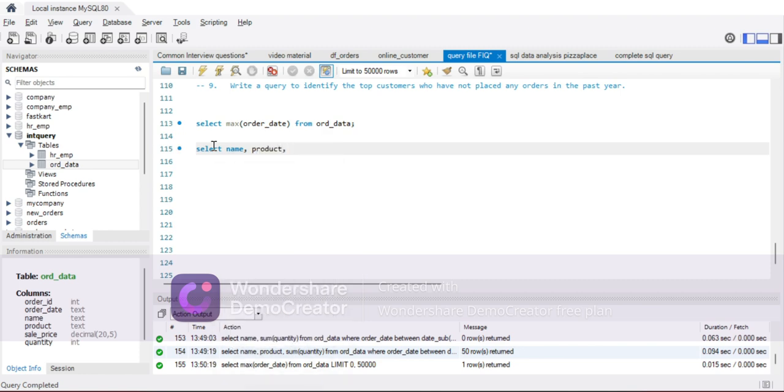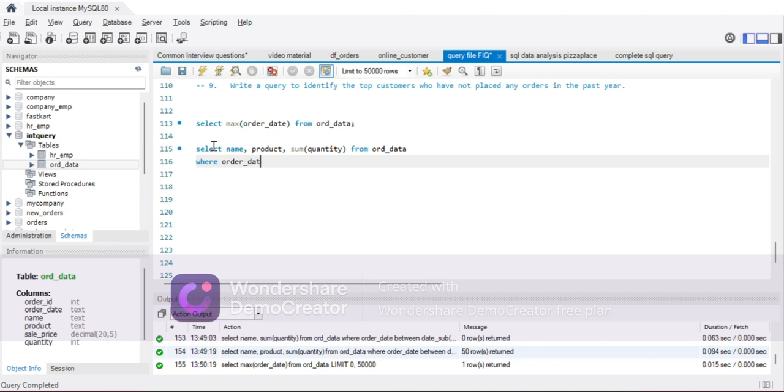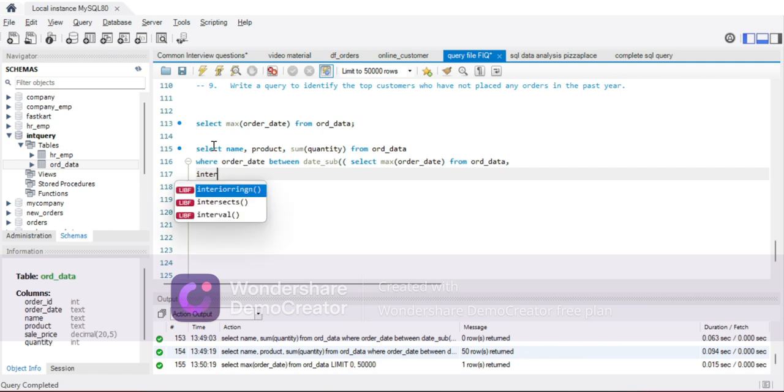Select name, product, and sum of quantity from order_data where order date between date_sub, select max of order date, comma interval of 12 month